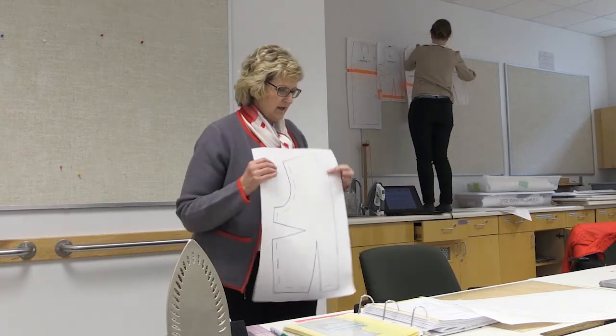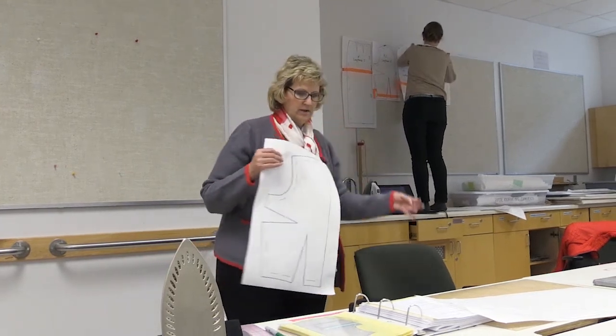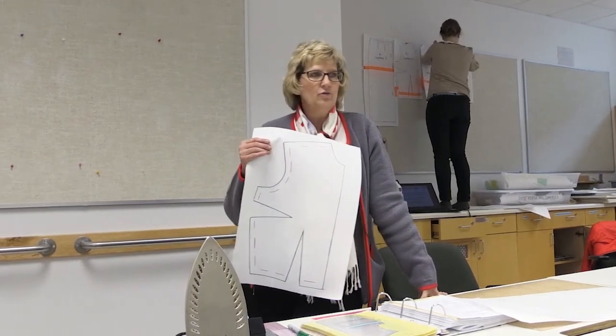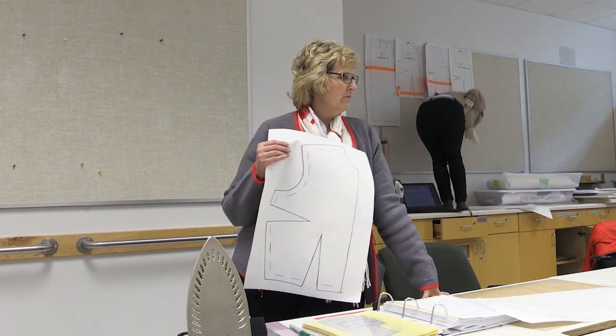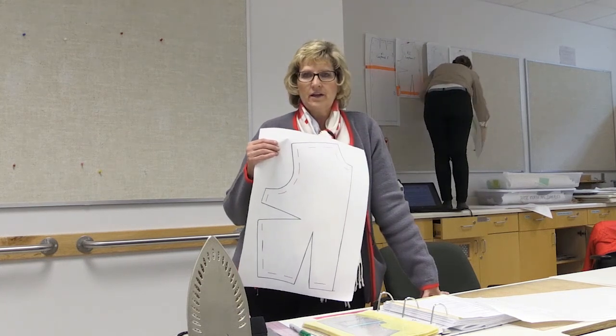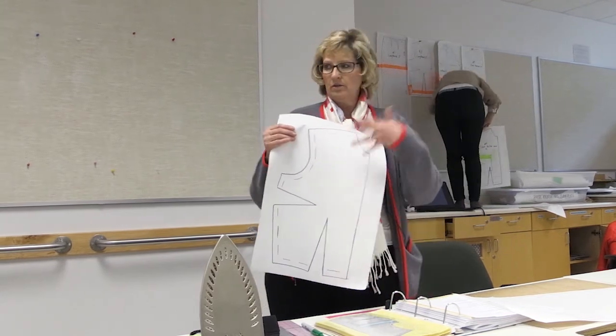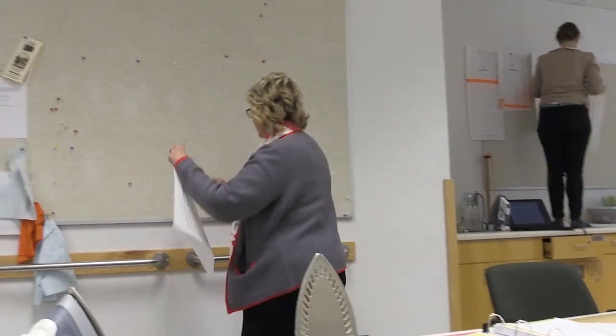So let's say that Greta is going to make something and we need to add an inch to that length. It's just too snug, too tight. Or maybe we're going to make something like a shirt where she wants to be able to wear it over things. So she needs it a little bit longer. So let's take this,